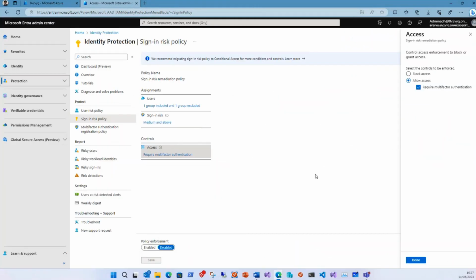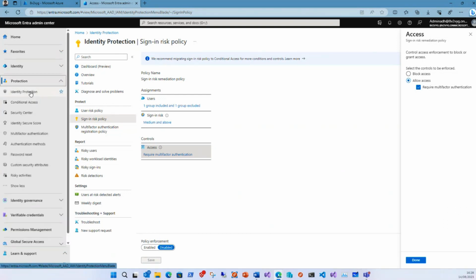All right, Adnan. Moving on, could you give us an overview of the features available under the protection section of Microsoft Entra? Since today's topic is for us to focus properly on the protection features of Microsoft Entra. Yes, well, under the protection section, you have identity protection. And identity protection is where we can use the signals and intelligence of the Microsoft security. If we have the premium P2 license, we can set up